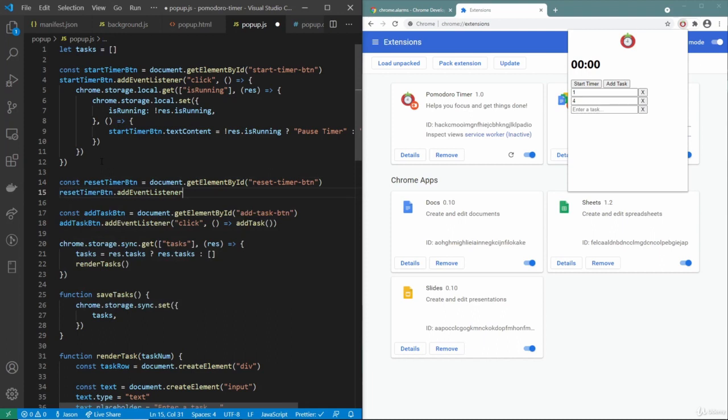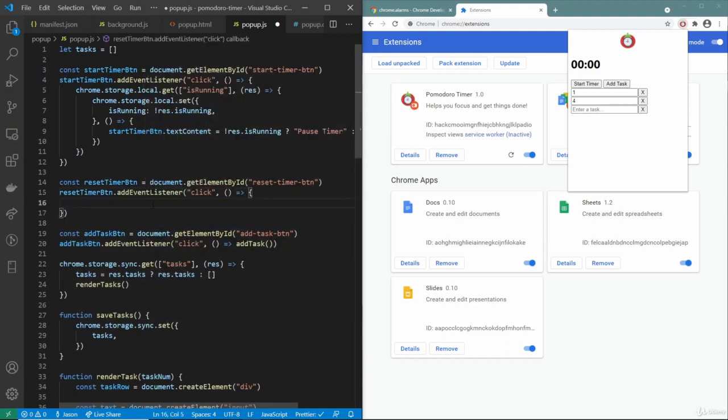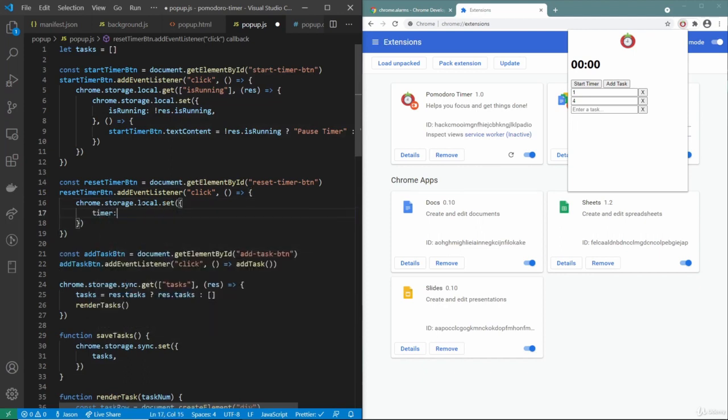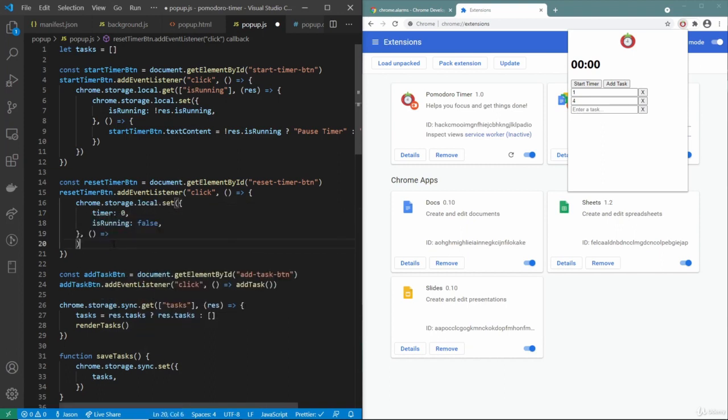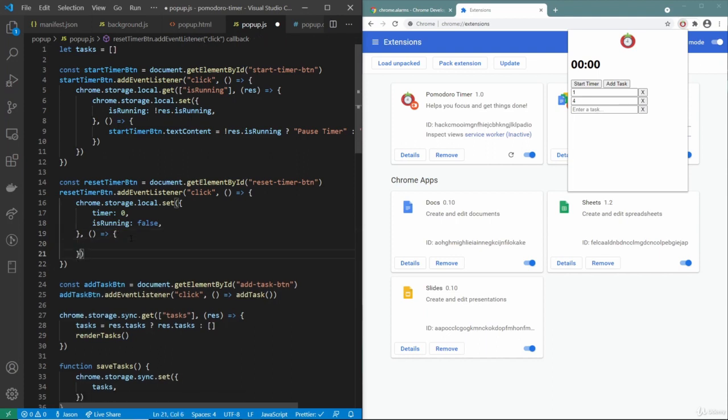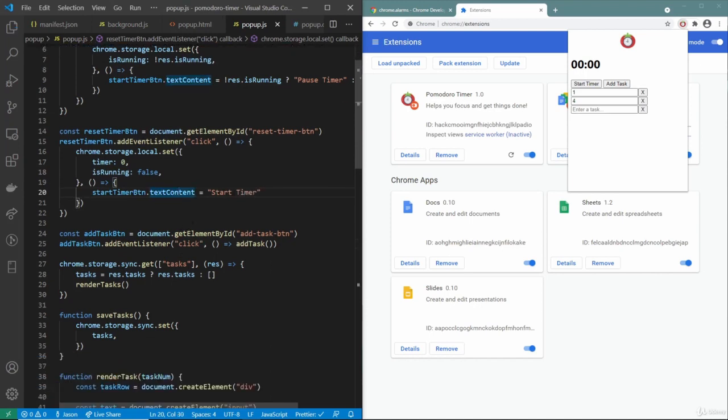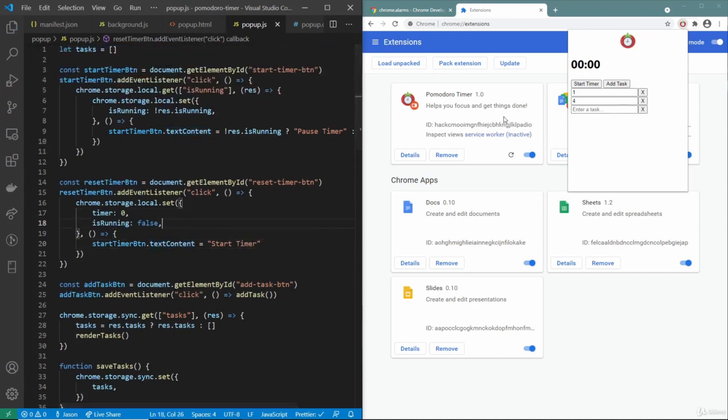and we'll add an event listener, the on click, and inside of this callback, all we'll have to do is do chrome.storage.local.set, and we'll set timer back to 0, and we'll set isRunning to false. And what we also want to do in the callback is reset the text content inside of the start timer button. Since we know we're pausing the button, all we have to do is set the text content back to start timer. So we'll save this and refresh,